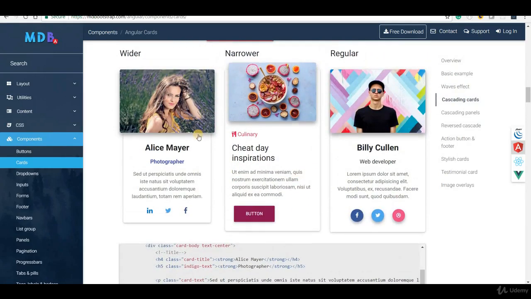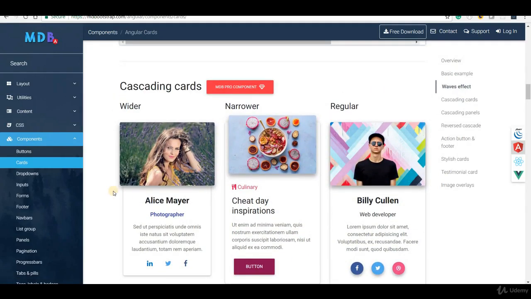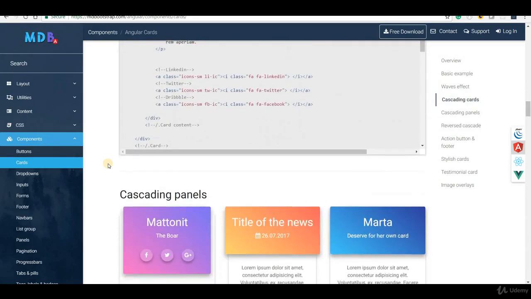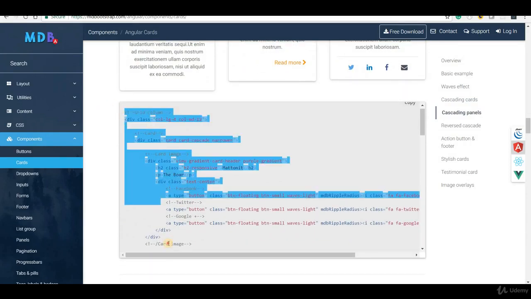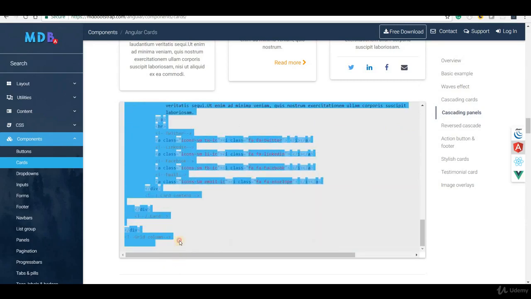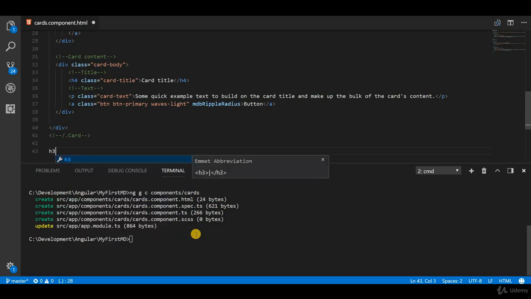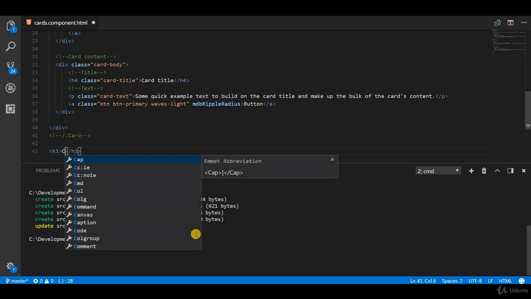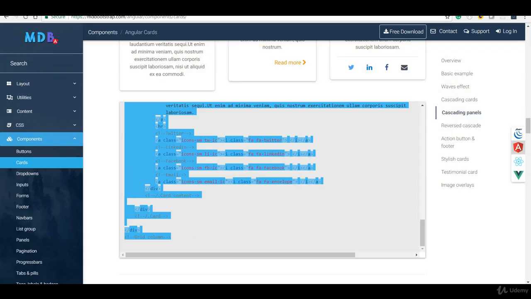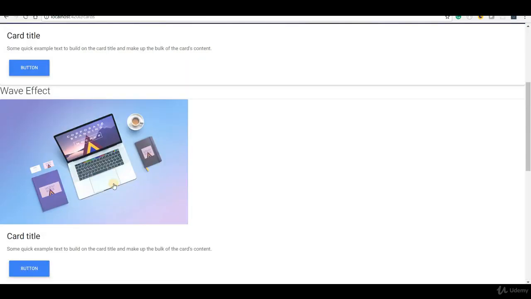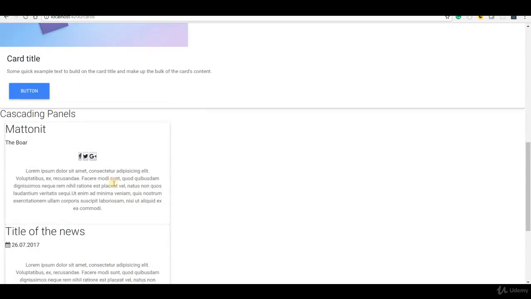Then we have some cascading cards like so, but then again these are a part of the pro version of this Material Design Bootstrap, so we won't really be able to use it. But then we have cascading panels like so. Let's just copy that and see that in action. So I'll copy and inside an H3 tag I'll type in cascading panels. Let's paste the markup here, and if I go at the bottom, then I should see these cascading